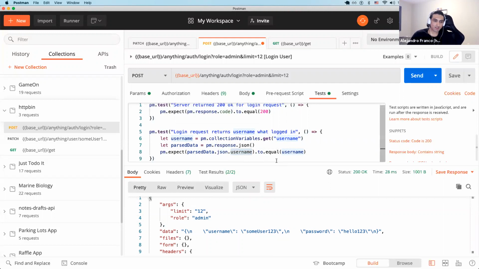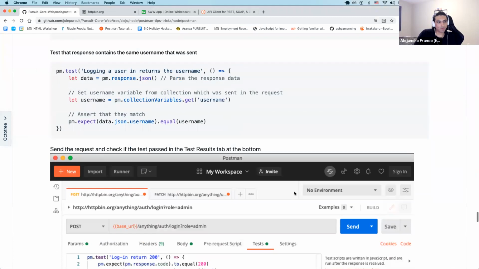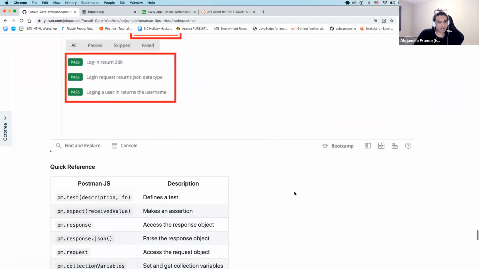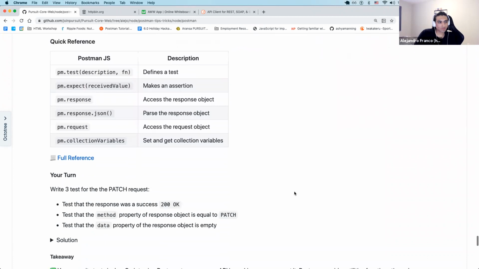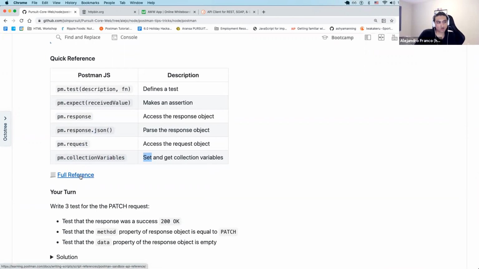I know this was fast, and there's a lot here to unpack. Some of the functions you can use: there's pm.test, pm.expect, pm.response to access the response and parse it, pm.request to access anything in the request, pm.collectionVariables to get and set collection variables, and I linked here a full reference of